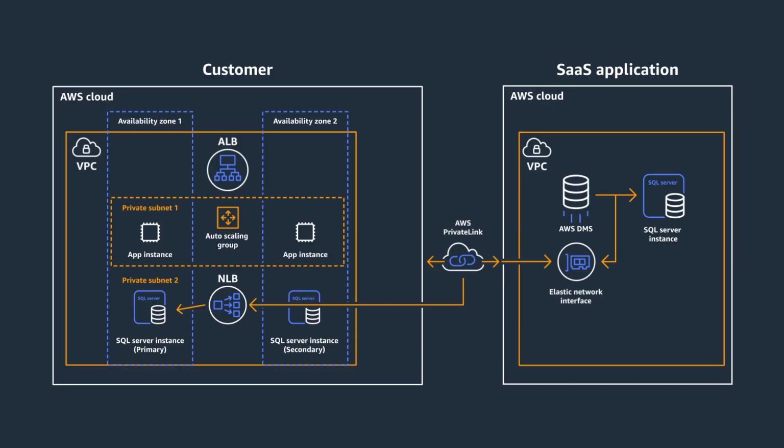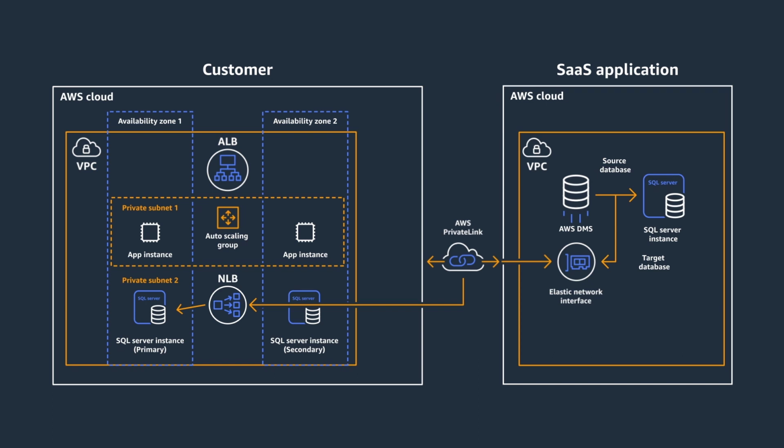As a best practice, you wouldn't put inline any firewall or network inspection device between the private link endpoint and the database. In our example, we want to configure the SQL Server instance in the third-party VPC as a source database in DMS. For the target database, we configure in DMS the private IP of the VPC interface endpoint and the SQL port of the database in the customer VPC. Alternatively, you can also use private DNS names for VPC interface endpoints.